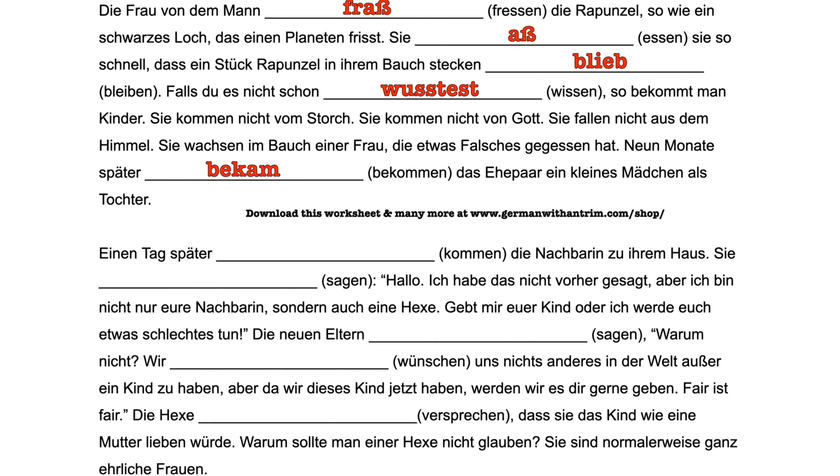A day later, the neighbor came to their house. Kommen is an irregular verb, but it follows the same pattern as bekommen did up there at the top, so we end up with kam. Einen Tag später kam die Nachbarn zu ihrem Haus. A day later, the neighbor came to their house. Sie, and a form of sagen that goes with sie, meaning the er-sie-es form, which we've already used a few times in this. Sie sagte, she said,